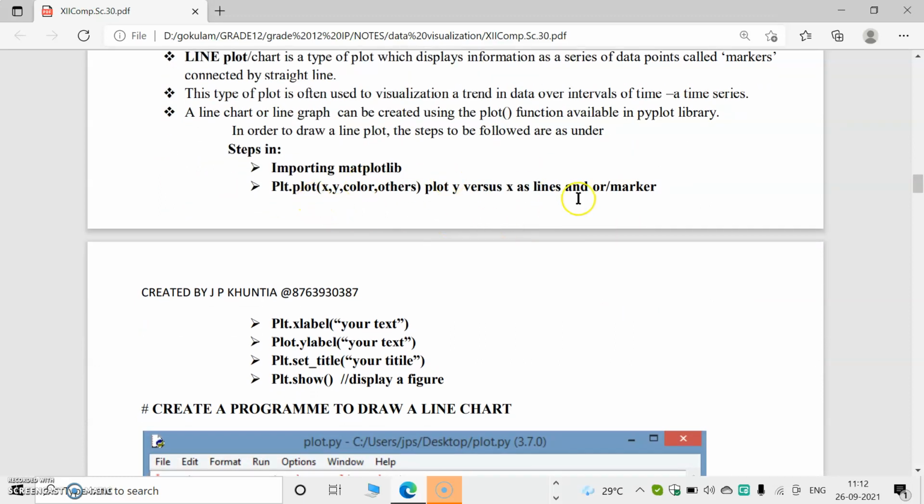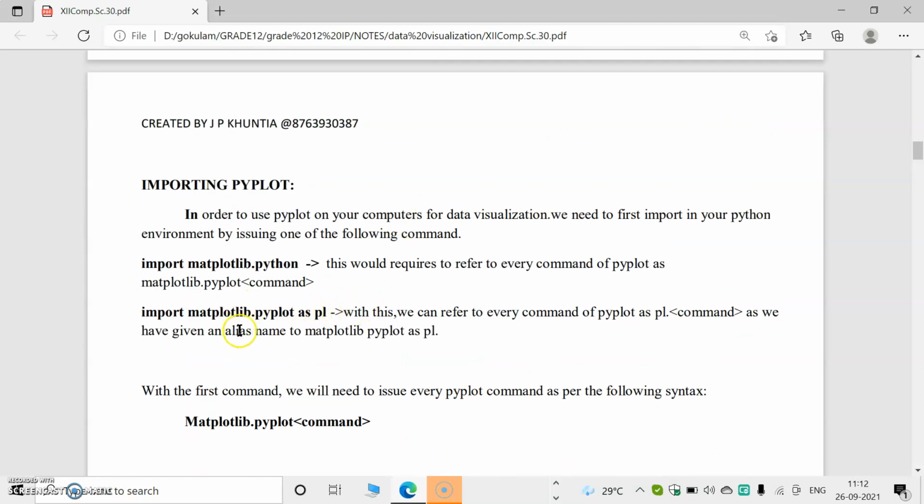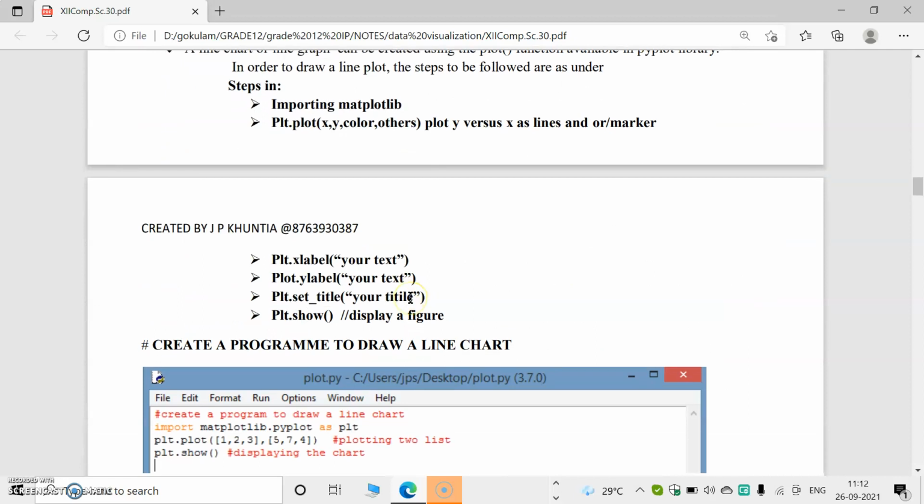First we import matplotlib, then access pyplot under a name, for example plt, the name of the pyplot variable. Then we use plt.plot, plt.xlabel, plt.ylabel, plt.title, plt.show.